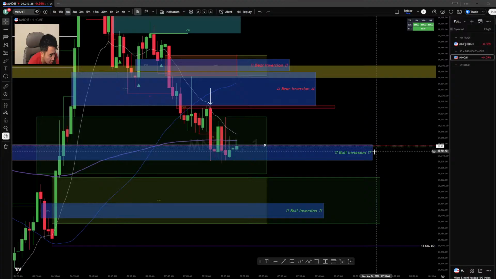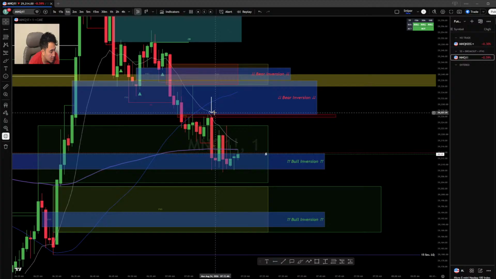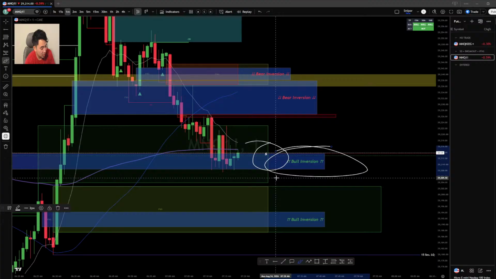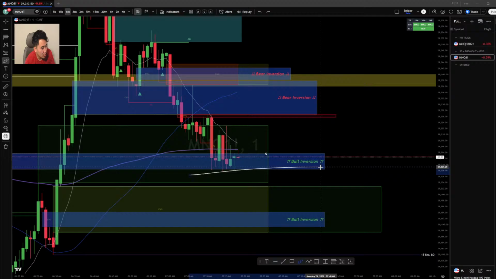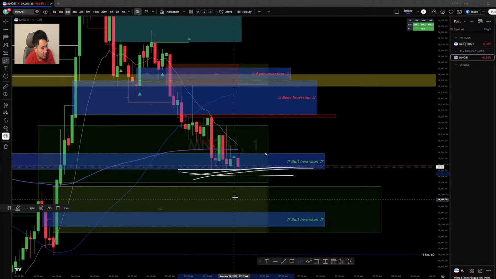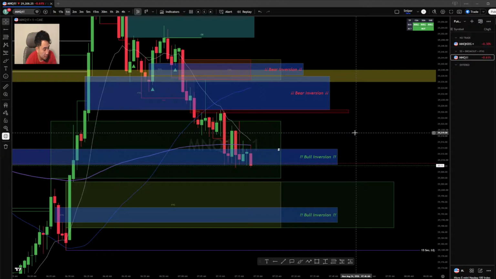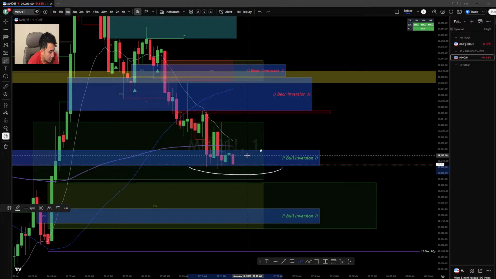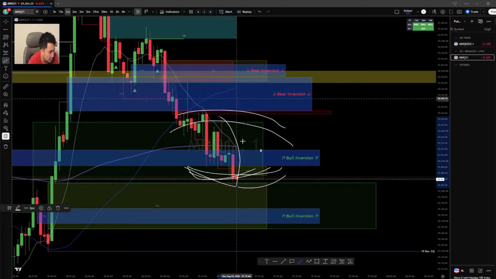Overall it's bearish, so eventually, on the 1 minute it's bearish based on the EMAs and SMAs. Eventually price can just break this 5-minute gap and this bullish inversion. Usually if it's hanging around in this area for quite some time, it may end up dropping. There's people who are buying, but there's only so many buyers. There's only so much you could buy until the sellers keep pushing price down.